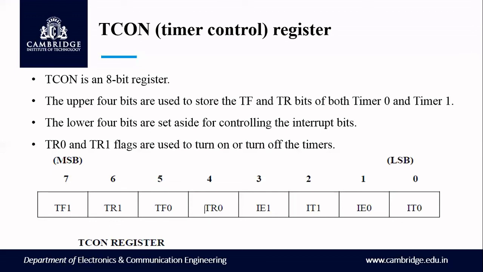So in this video, we have understood how many timers there are. In the 8051, 2 timers are there: the timer 0 register and the timer 1 register. Both are split into 2 byte registers, TL0 and TH0 for timer 0, TL1 and TH1 for timer 1. These 2 timers can be controlled using the special function registers, SFRs, TMOD and TCON. If you understand TMOD and TCON, then you will be able to write assembly language programs.